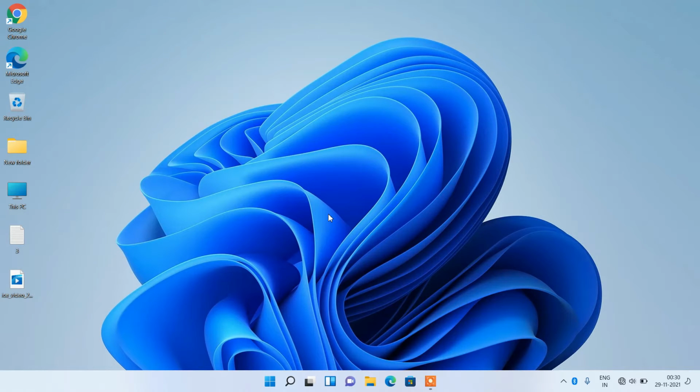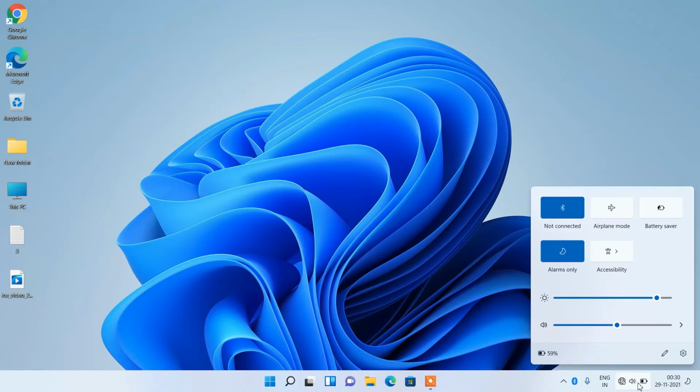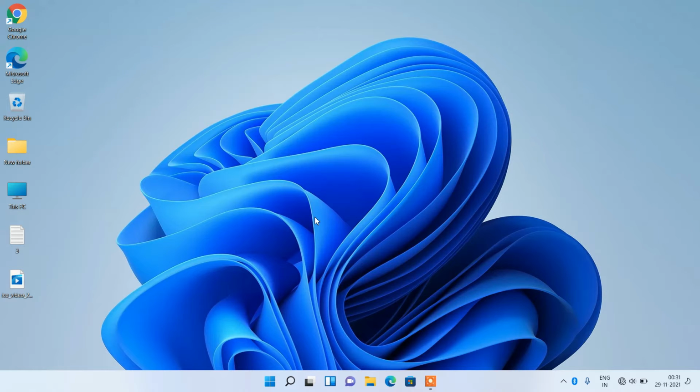After restarting your system, just go to the panel in the taskbar. Select your Wi-Fi network that you use to connect to the internet. Enter its Wi-Fi password and then just connect to the internet. So this was method number 1. If method number 1 didn't work for you, then just try out method number 2.